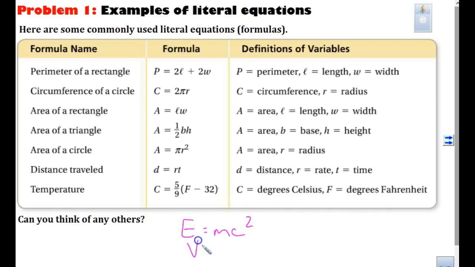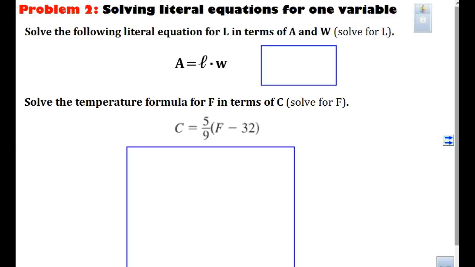Volume V equals H times L times W. Yep, that's for a box, right? Volume of a box: height times length times width, right? And there's many more, okay? So what I want you to do is, at the top of the next page,